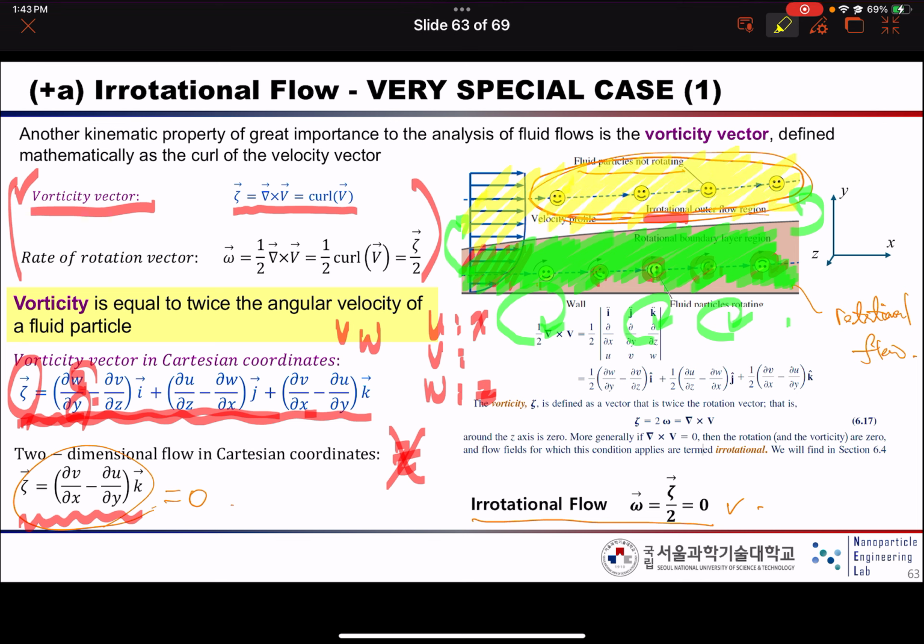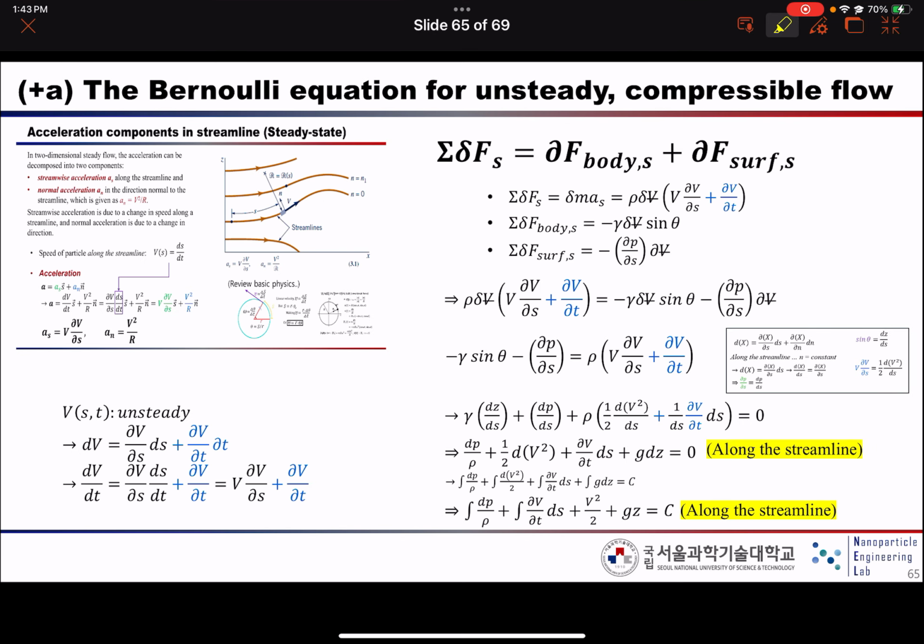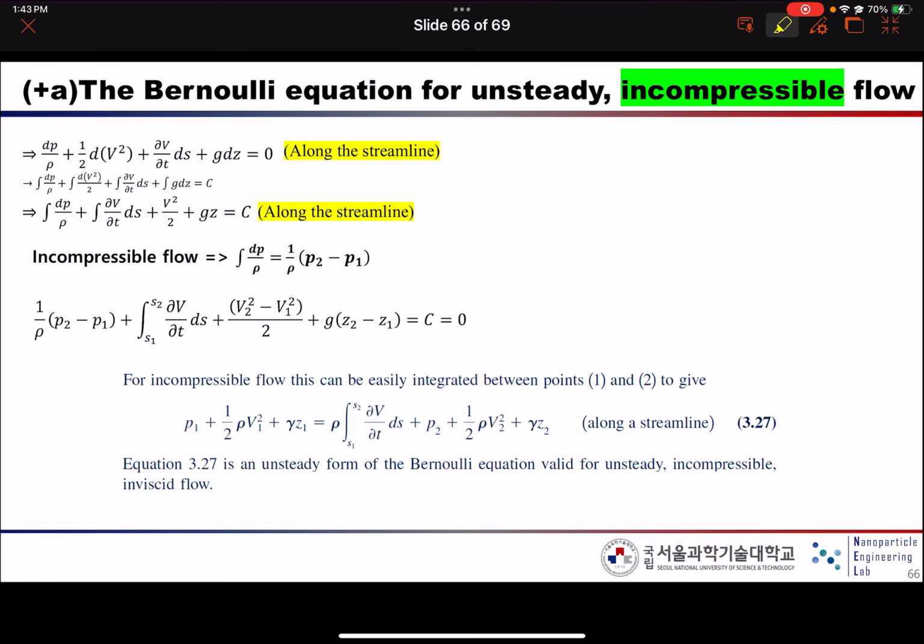So in this yellow region, we call it the irrotational flow region. So, a very special case. If you make an assumption that the flow is irrotational, okay, so we make another assumption, the flow is irrotational. In that case,